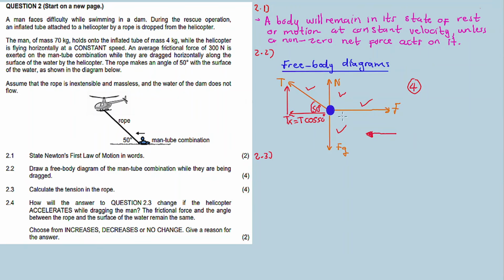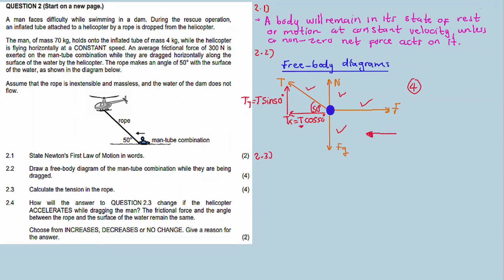So we have two forces acting in the horizontal plane, Tx and F. Yes, Tx and F. I only pay attention to these two forces because the tube combination is moving in the horizontal plane. And then now T. We have to calculate for T. Yes? So we only calculate for T. But this also has Ty, the vertical component. But the vertical component has no use for us in this calculation. We only pay attention to the horizontal movement, because that's where there is movement.